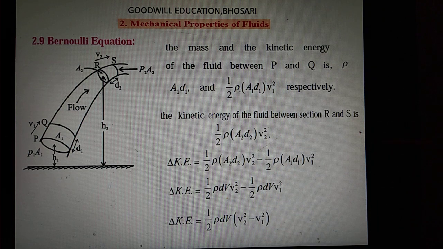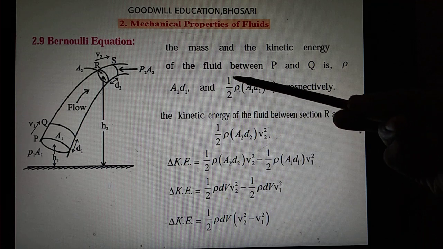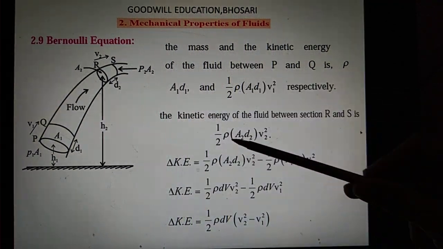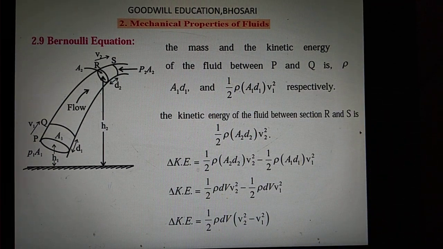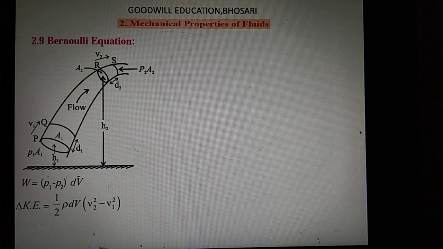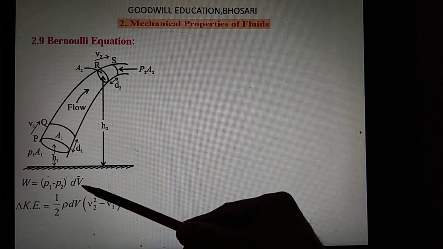Clear this all? Okay. Here, what we did is we found the kinetic energy at this place and this place, the change in kinetic energy. What we need to do is find both the potential energy and the kinetic energy. That must be equal to the total energy addition, and this should be equal to the work, that is P1 minus P2 dV. Clear? So here these are the change in kinetic energy. Let us find out the gravitational potential energy. So these two equations we have derived already, correct?